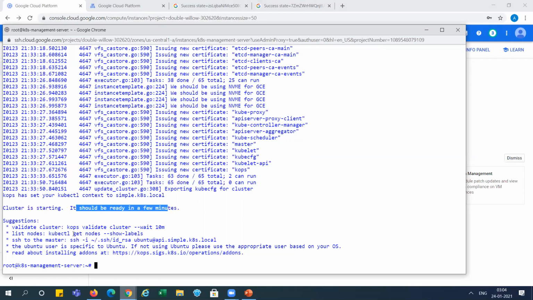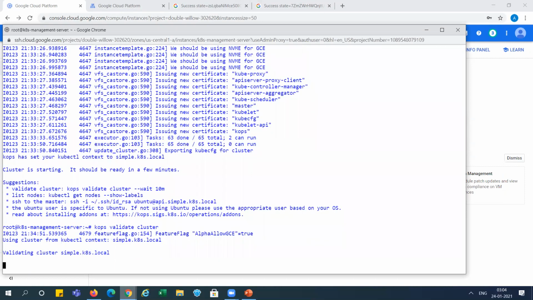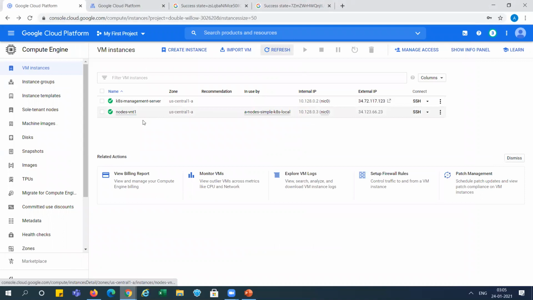right? So we can validate our cluster and wait for 10 minutes, right? Let's validate the cluster. It is validating the cluster. Let me wait. Then you can see here only one node is created. Let me refresh it again.